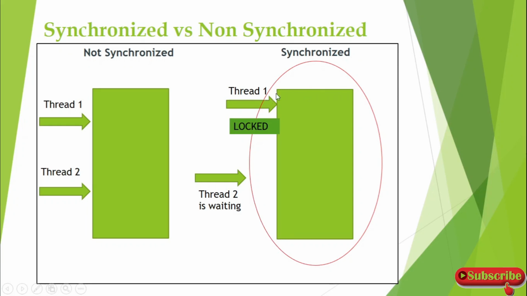If one thread is accessing that map, it will get locked, and once that operation completes, the next thread waiting outside is going to go and change or remove the values inside that map. This is why synchronized maps will take more time, because this waiting time takes some more time compared to a non-synchronized list or map. We have already explained this during the list interface, and the same concept is used in the map as well.